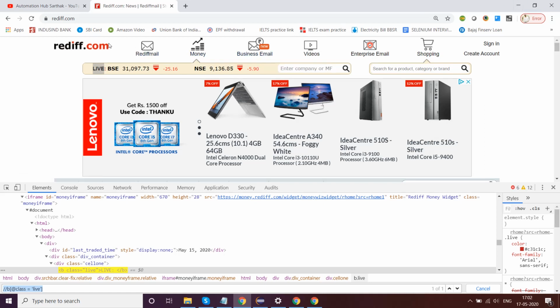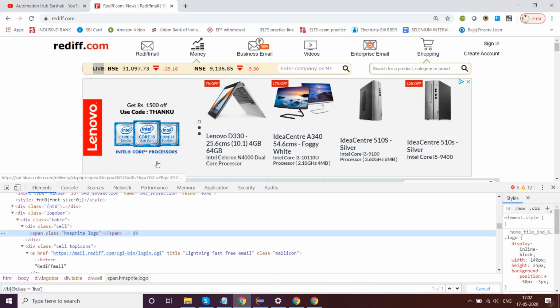Now, if you inspect this, it has two different kinds of classes. It is in between a div class, and it has its own span HTML tag. It is in between a div tag as well. So somehow this text cannot be retrieved.